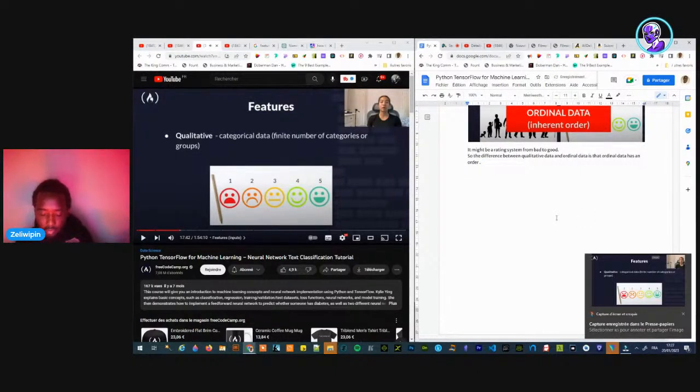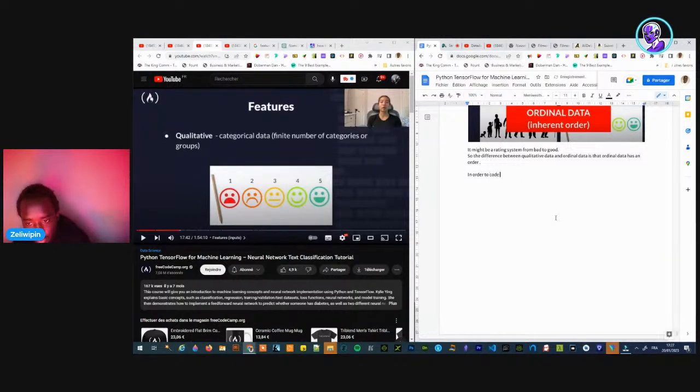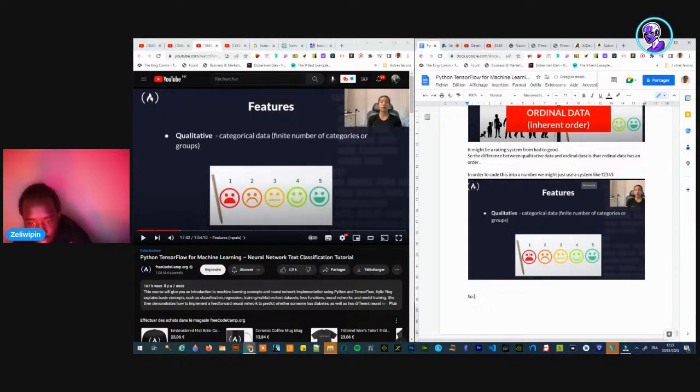In order to code this into a number, we might just use a system like 1, 2, 3, 4, 5. So it means ordinal data does not need one hot encoding.